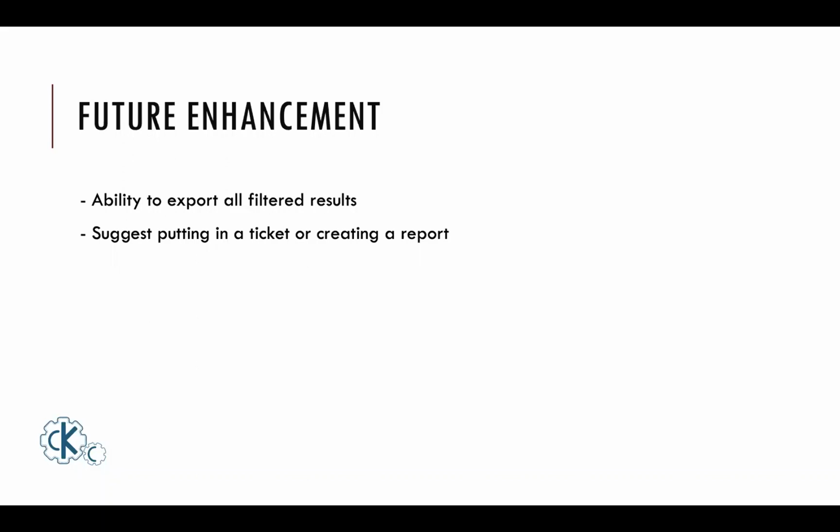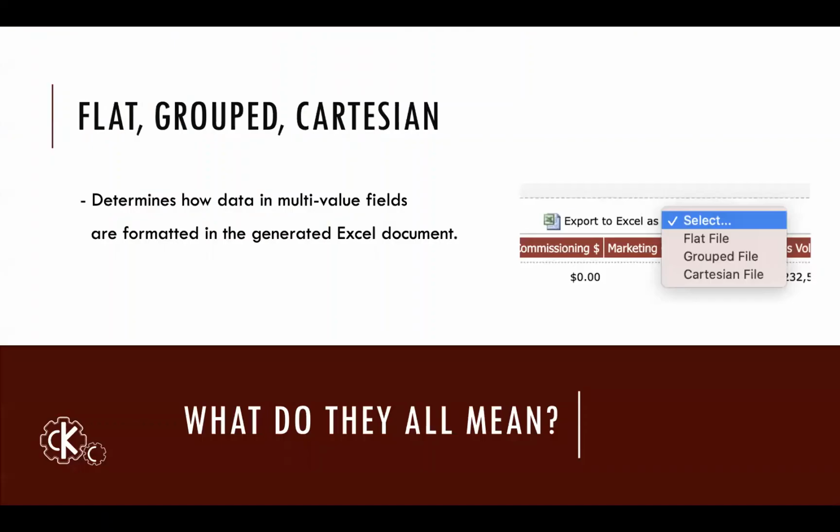They have it on their plans, but again, the more people that put in the enhancement request, the higher that will go on their development schedule. So if you want to be able to export all of the filtered results from the opportunity grid, put in that enhancement request. All right, so looking at the options,